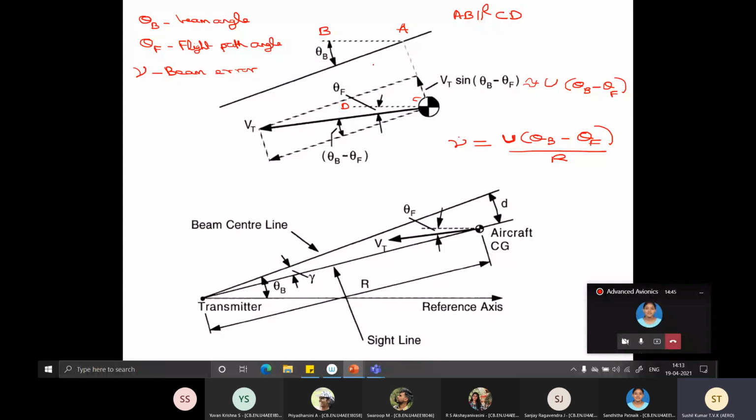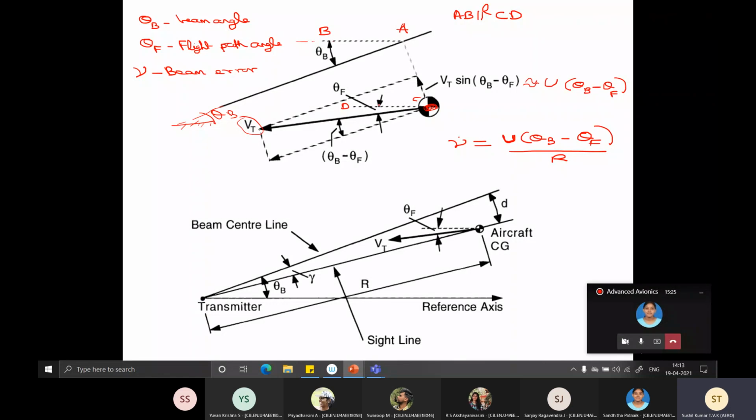So let us say this is theta B. Some reference axis is like this. I think it's easier to visualize for the glide path. Okay, let's say this is the horizontal. Now we have the glide path. So if this is the ground, this is theta B, the 2.5 degrees or whatever it is. No, 3. Now the aircraft CG is at this point and the velocity vector is here, Vt. Okay. We have seen that flight path angle is the angle between the horizontal and the velocity vector when we discussed all the pitch angles.